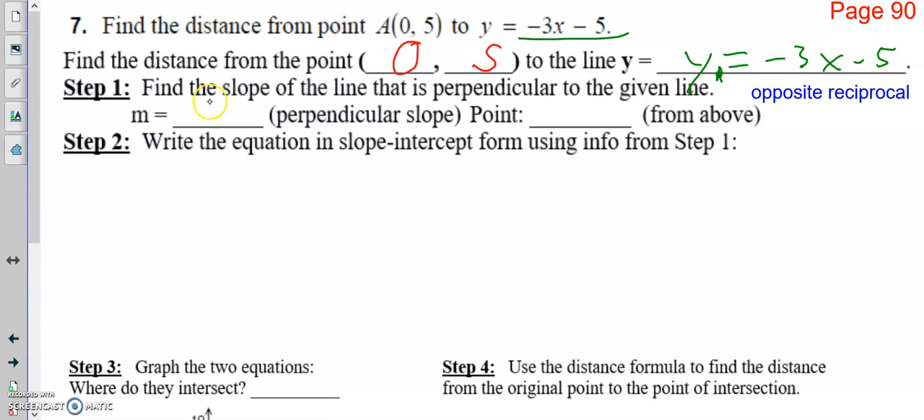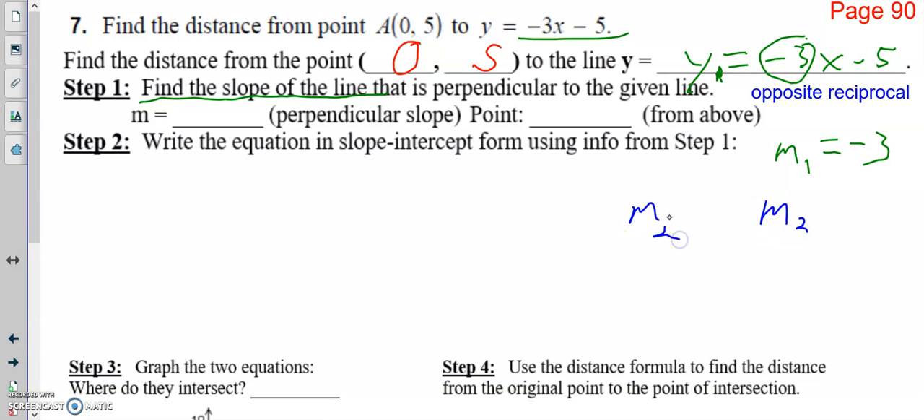So when I'm finding the slope here in step 1 of a line perpendicular to that given line, okay, well, I know that the slope of y1, I'm going to call it m1, is equal to negative 3. My new slope, m2,